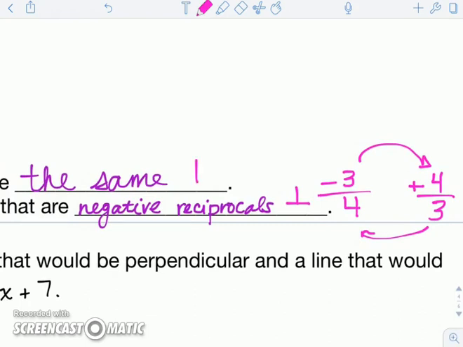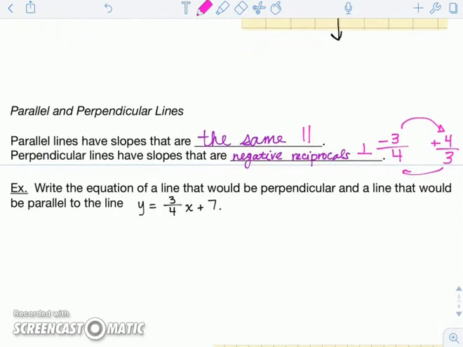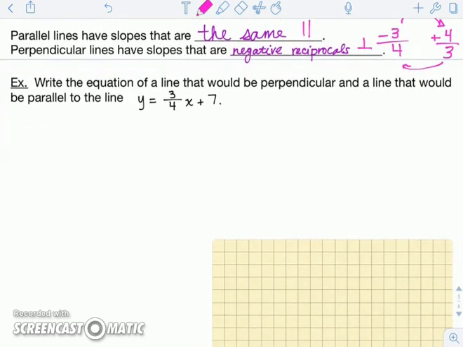In parallel lines, we denote as 2 lines right next to each other. Parallel meaning they never meet. They have the same slope, they run right next to each other, but they'll never meet. So this example says, write the equation of a line that would be perpendicular and a line that would be parallel to the line y equals 3/4 x plus 7. I'm going to start with the parallel. That's easy. So parallel lines, since they have the same slope, I'm just going to write y equals 3/4 x,